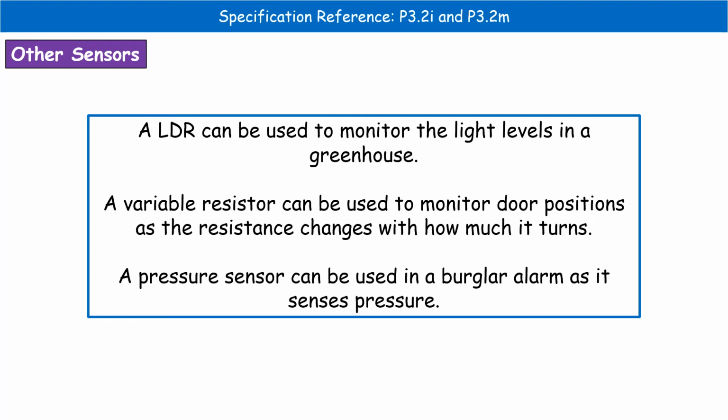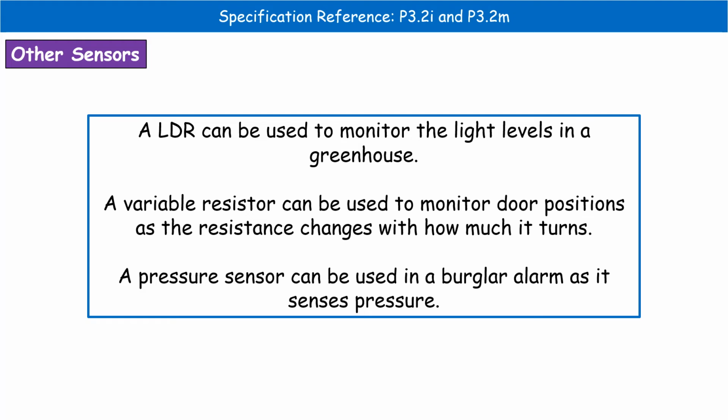What we then find is that we could be asked about where we would use certain sensors. So they could ask you to give an example of where we would use a particular type of resistor. Now, light dependent resistors, remember LDR, that's all about something that's going to change with light levels. So it might be something like a security light, for example, that's going to come on as the light levels